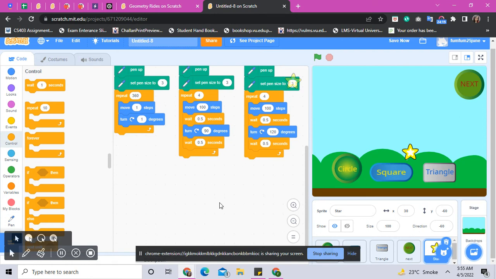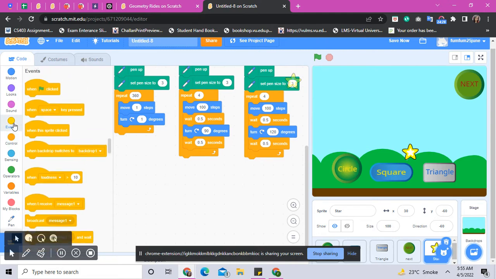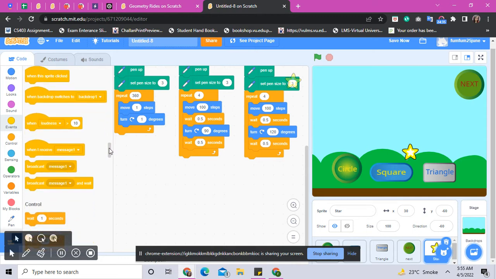What we are going to do is go back in our, yeah, when I receive this one. We're going to start another coding, which is when I receive. Okay, we're just going to keep this one. Stop other scripts in sprite. Okay, that would be,